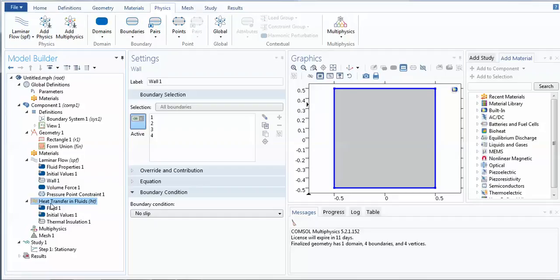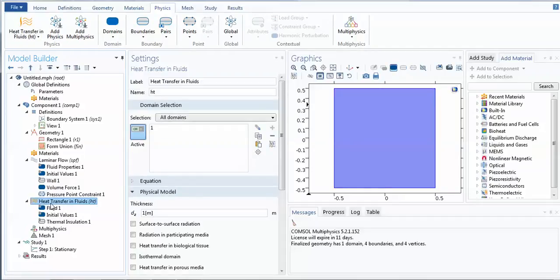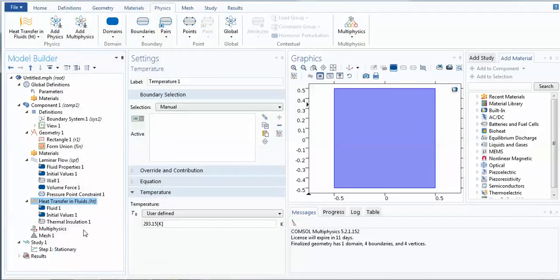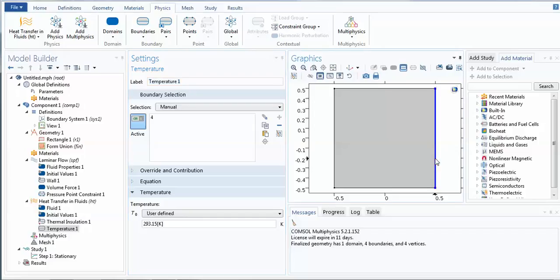Now go to heat transfer in fluid. So the model is this. If you wish to add heat flux or temperature conditions, you have to take the temperature condition independently. First, you wish to take the cold, so both walls are cold, you can use TC.